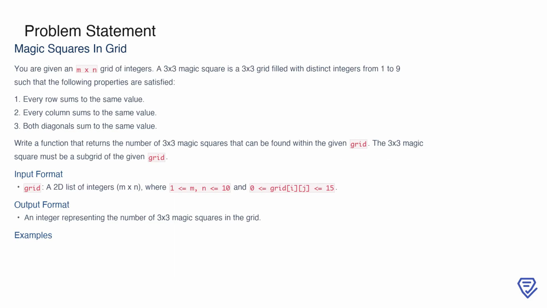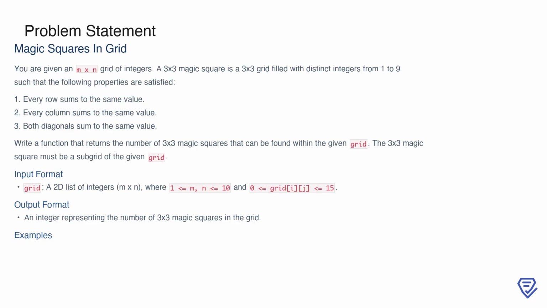In this problem, we are working with a grid of integers, represented as an M by N 2D list. The goal is to identify all 3x3 subgrids within this larger grid that qualify as magic squares. A 3x3 magic square is defined as a grid where all the integers are distinct and fall within the range of 1 to 9. Additionally, there are 3 critical conditions that must be met for it to be considered a